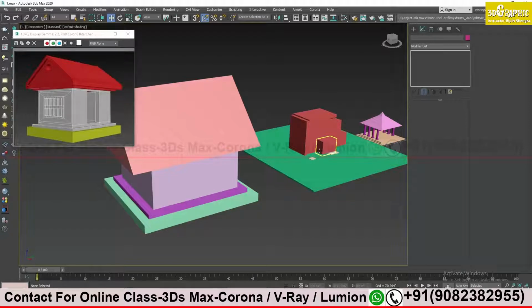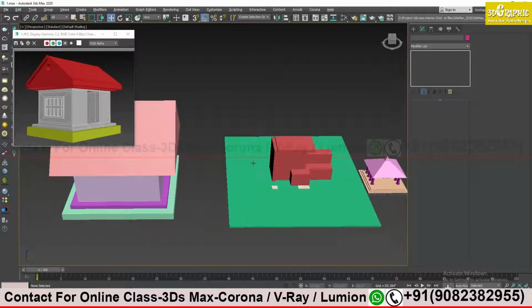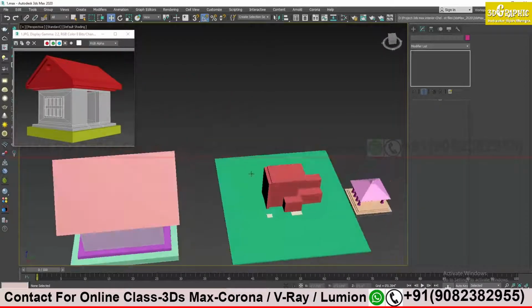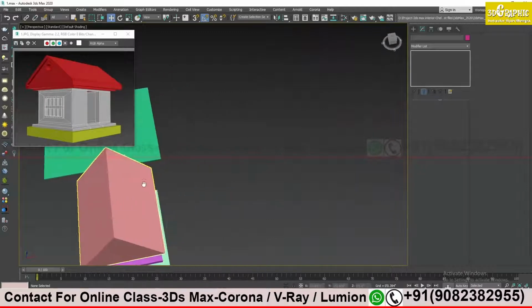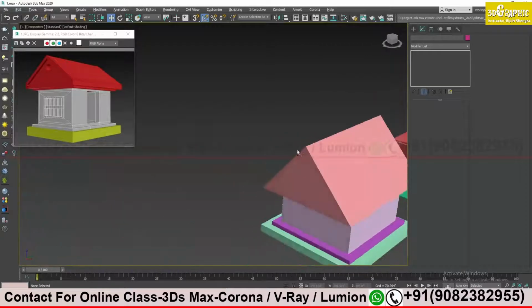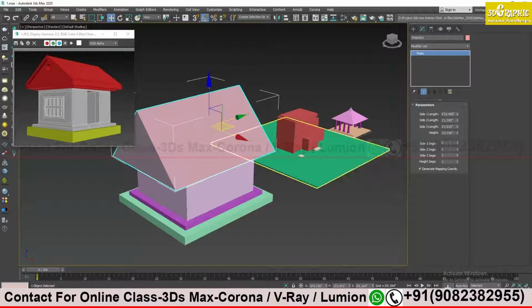Let me tell you about the layers. Now, it's very important. See what happens if I work with multiple objects, multiple models. My entire scene is filled with models. Now I have very little space to work. Every time I have to move my viewport to get a proper blank space to work. So I am going to tell you how we can save our models into different layers.